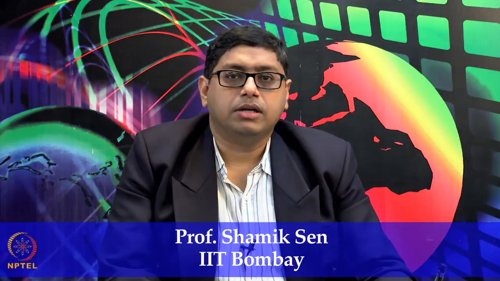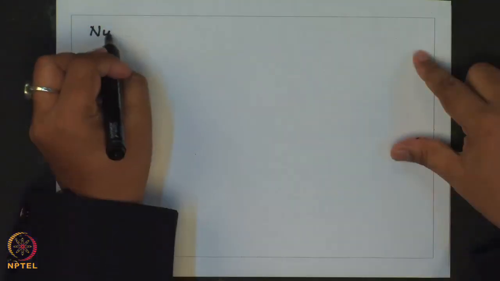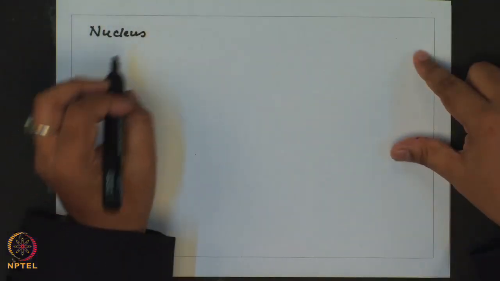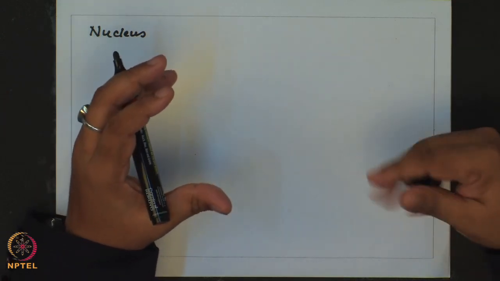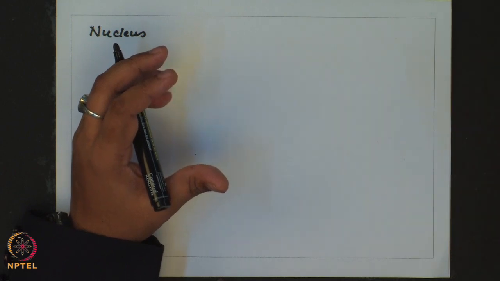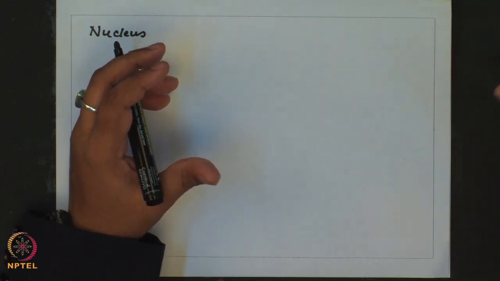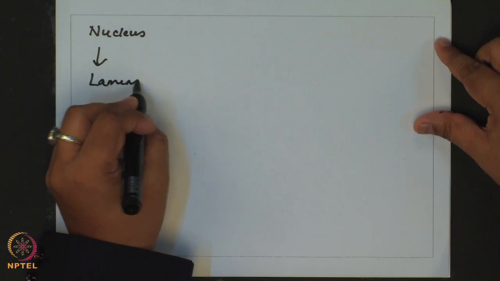Hello and welcome to today's lecture of Introduction to Mechanobiology. In the last class, we had started discussing the nucleus, which is the centerpiece of the cell and which serves as the signaling point where gene expression is turned on during processes like differentiation. So, we had started discussing the structure of the nucleus, and in this context we had introduced